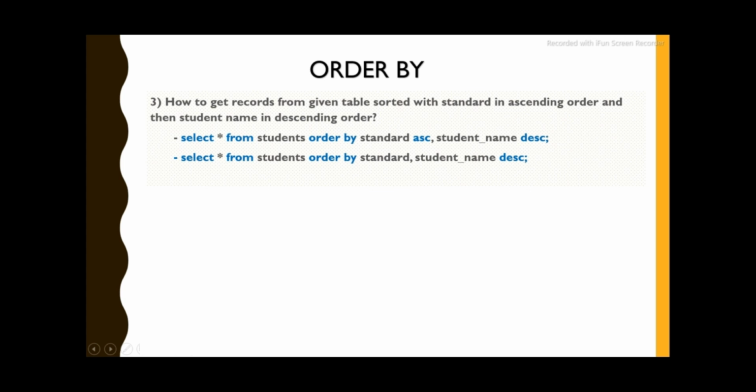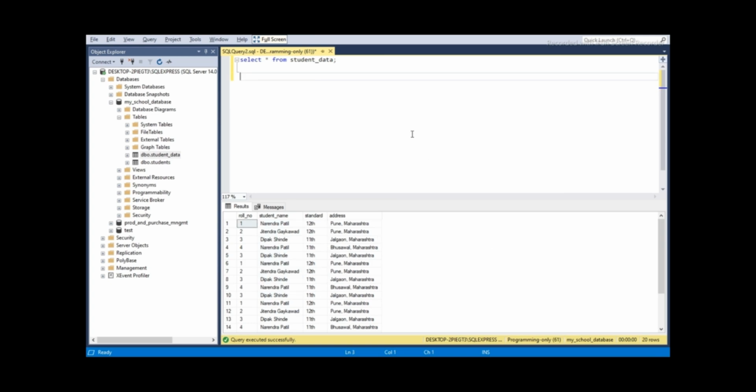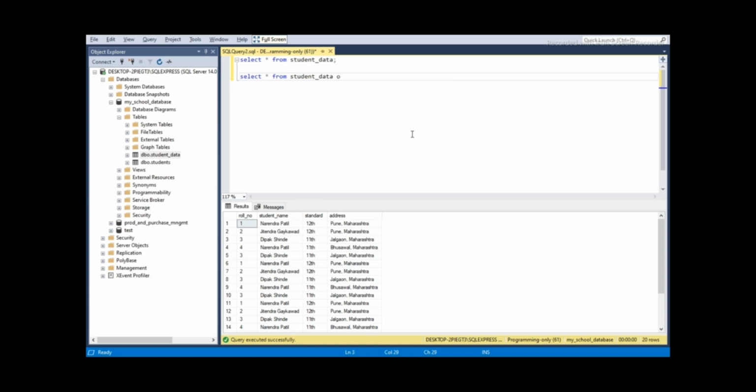So let's try this practically in our management studio. So let's consider our table student data. Select star from student data order by standard in ascending order whereas student name in descending order.